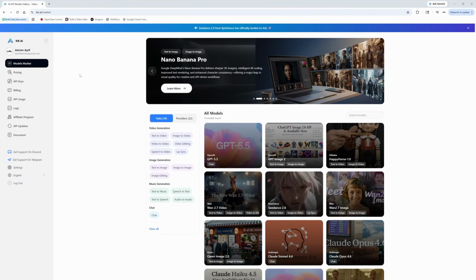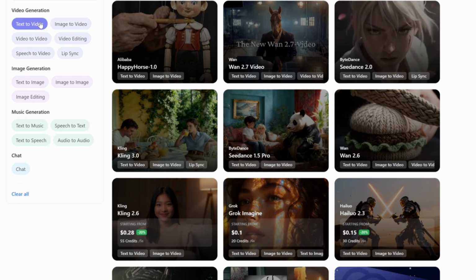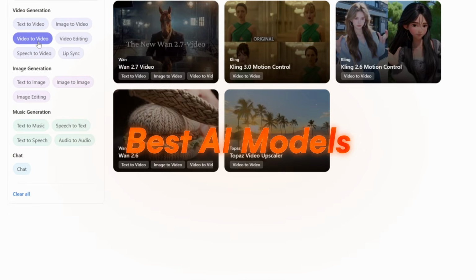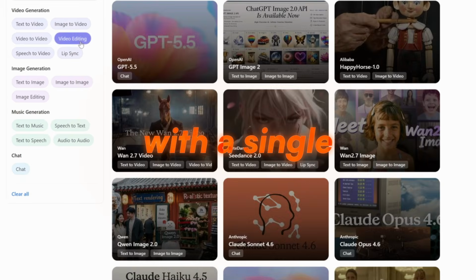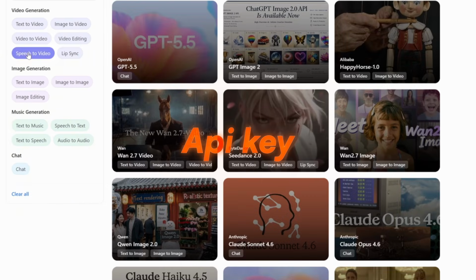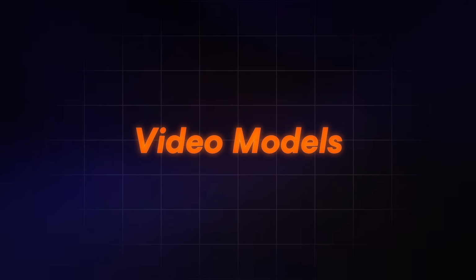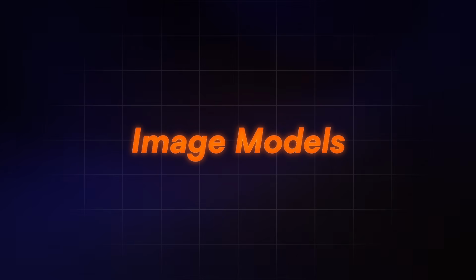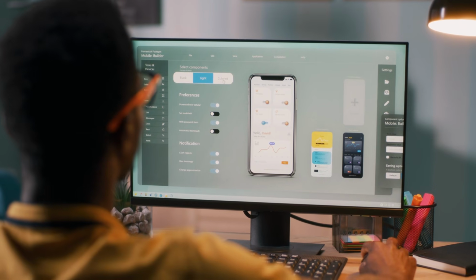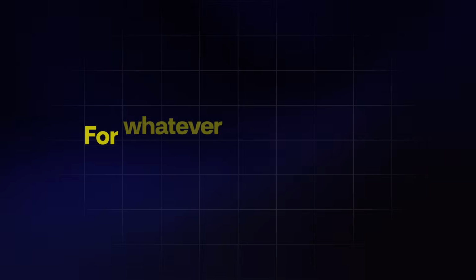For this demo, we're going to be working with KIE.AI. This is an amazing platform that allows you to tie into all of the best AI models with a single API endpoint and a single API key. You can leverage the best chat models, video models, voice models, image models, music models, and more. This allows you to build your custom apps and then connect them to the world's best models for whatever your